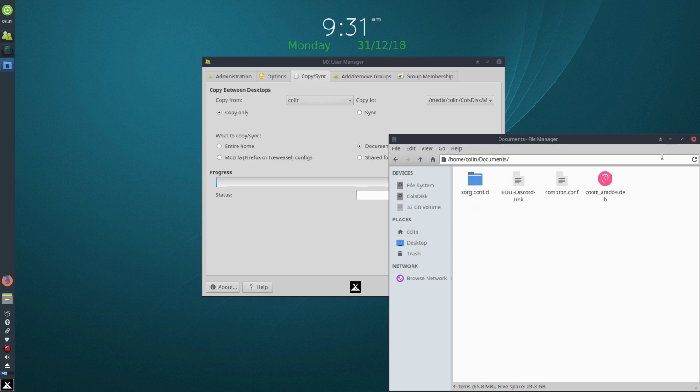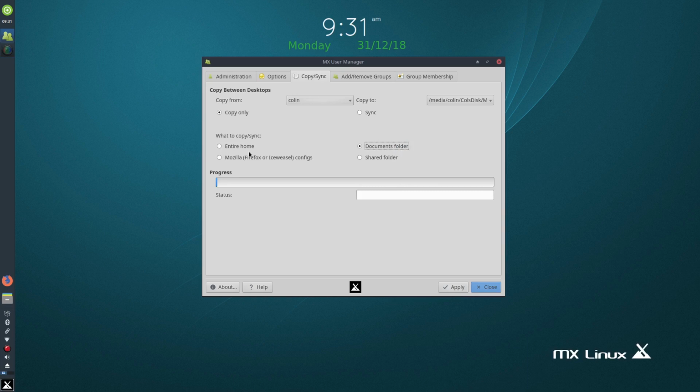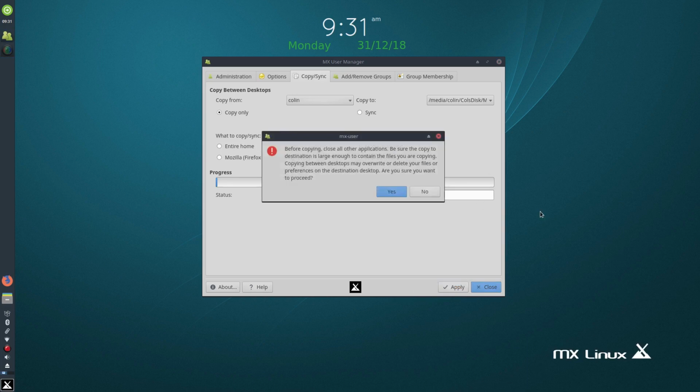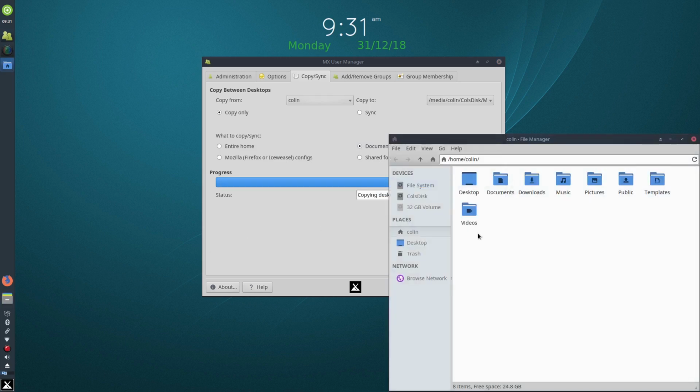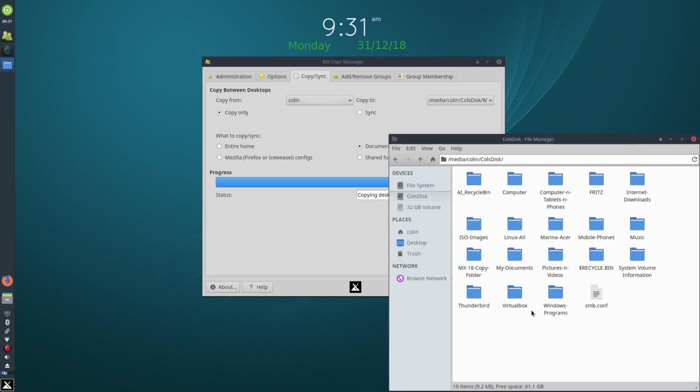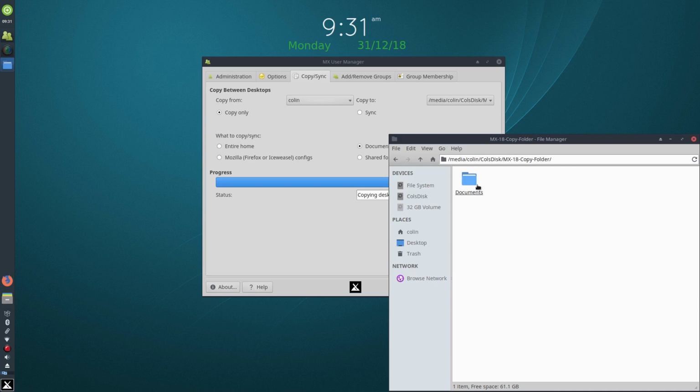So we've got a few things in documents, so we might just want to copy the documents folder to that folder there, apply that, yes. Copying desktop OK, so let's have a look at my disk here, MX18 copy folder, and we have the documents there. So that's pretty handy for a once-off copy,